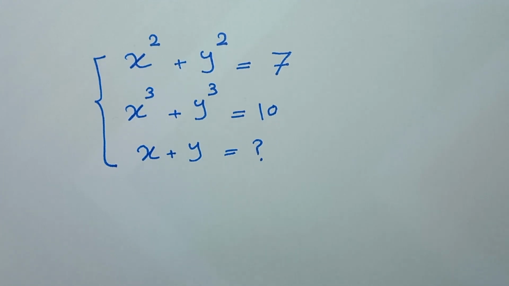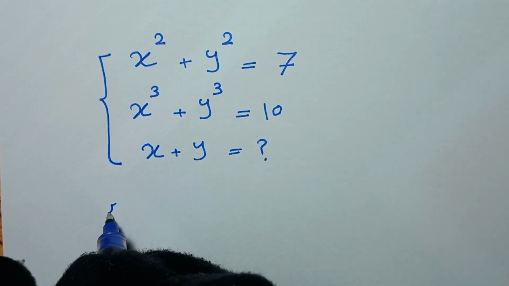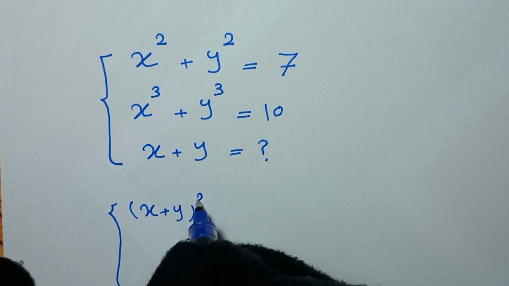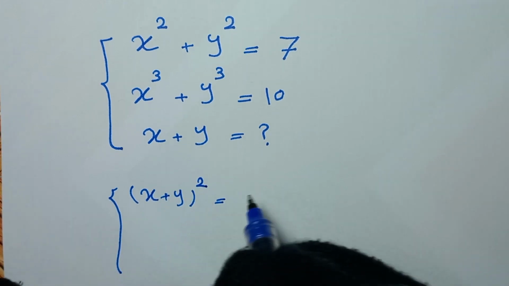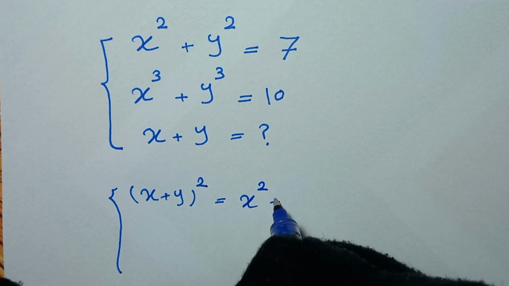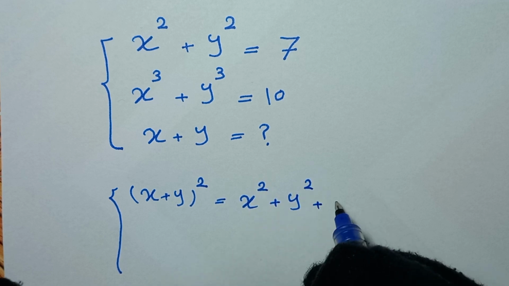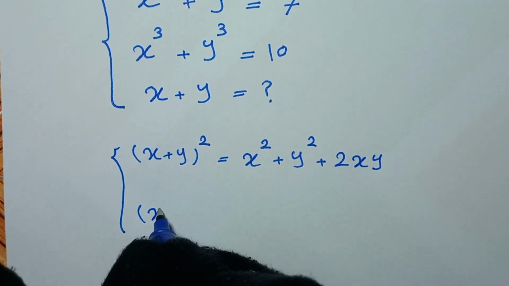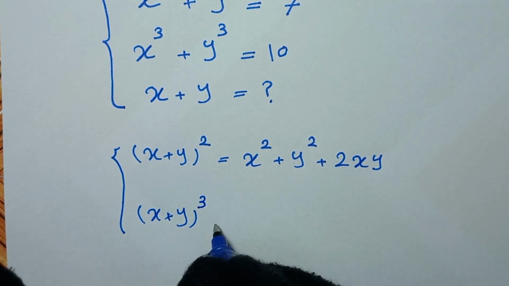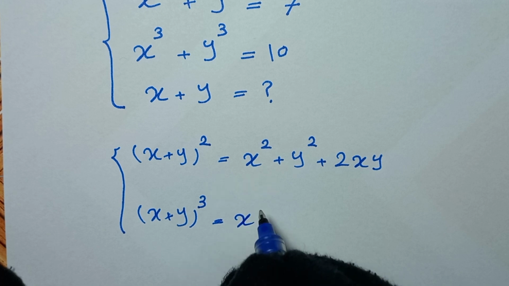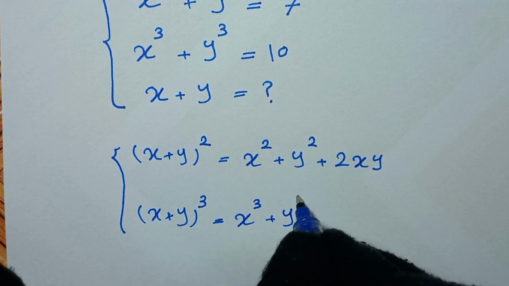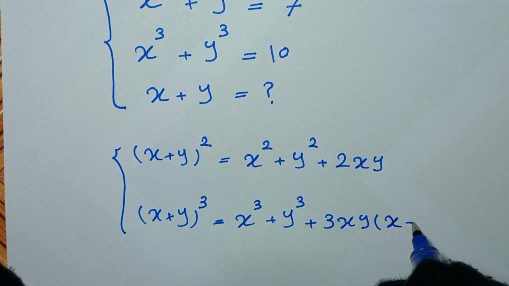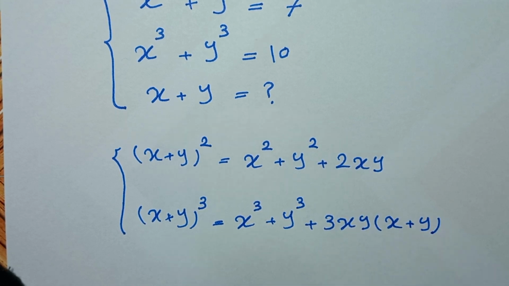In the first step, as you know, (x plus y) to the power of 2 is equal to x squared plus y squared plus 2xy. And (x plus y) to the power of 3 is equal to x cubed plus y cubed plus 3xy times (x plus y). In the next step,